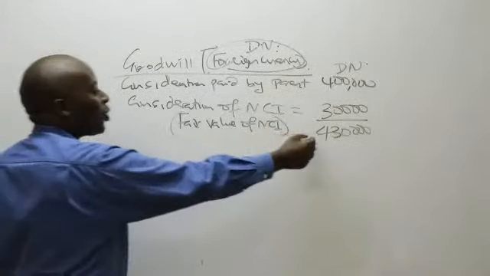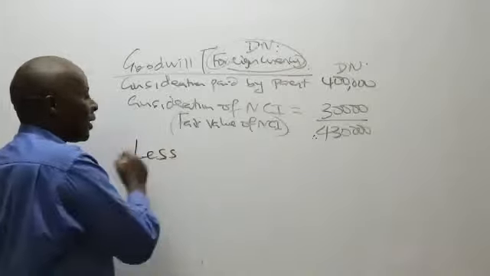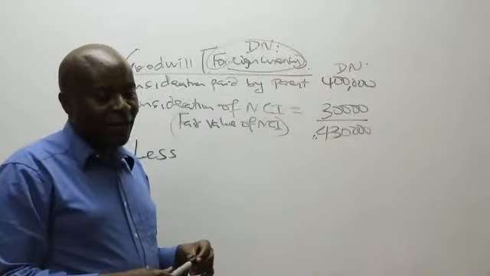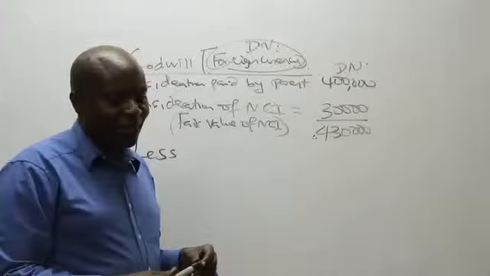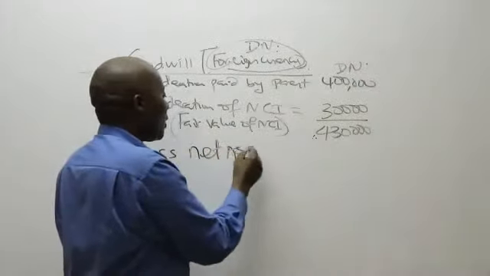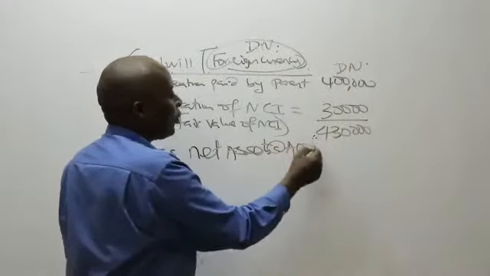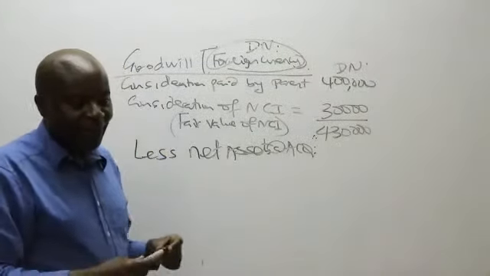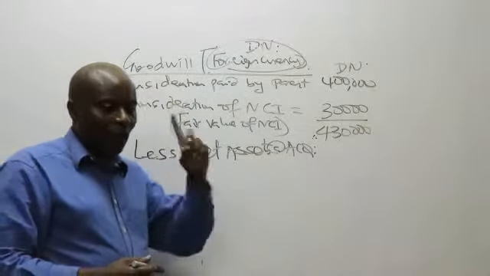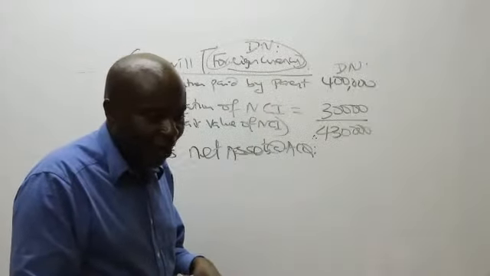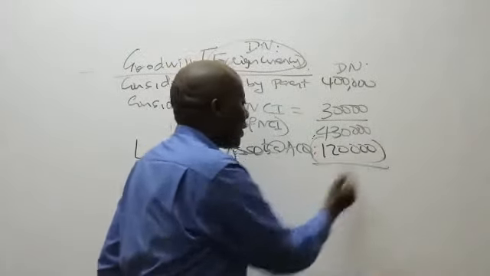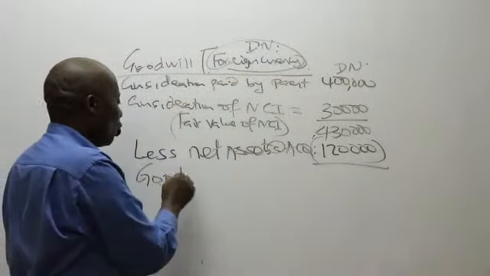So once I get this total consideration, I should come here and say less what? Net assets at acquisition. Thank you very much. Less net assets at acquisition. Are you able to remember the net assets at acquisition? In DN, how much? 120,000. So could you kindly subtract here for you to be able to give me what we call goodwill